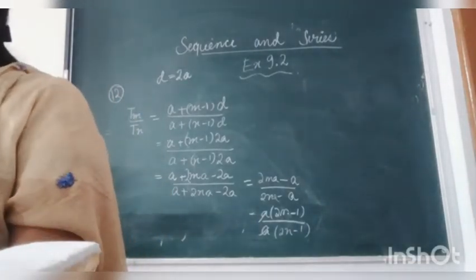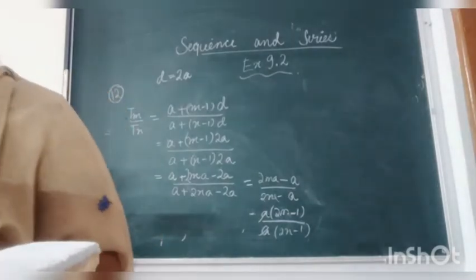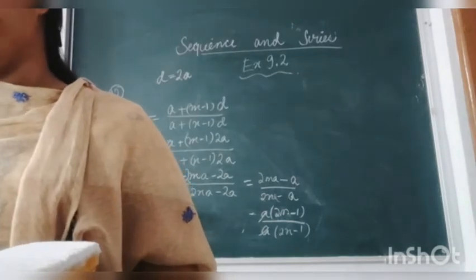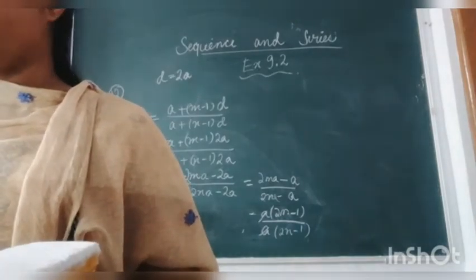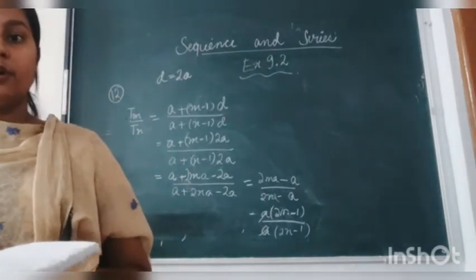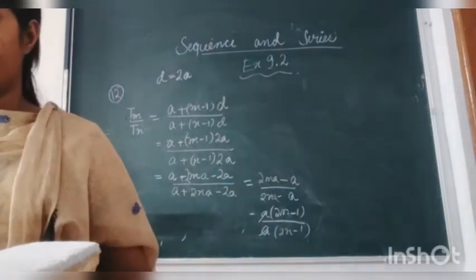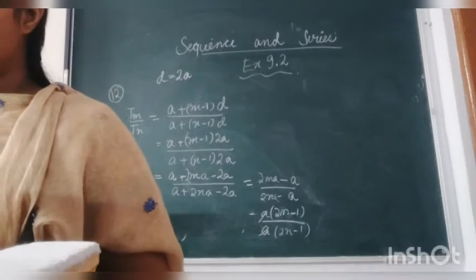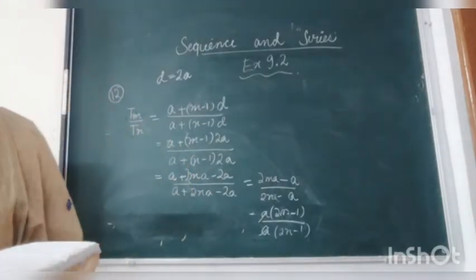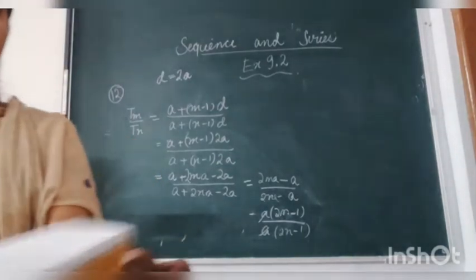Similarly, we have question number 13. If the sum of n terms of an AP is 3n square plus 5n and its mth term is 164, what is the value of m? So what we have to do, we only have to put the formula there, simplify it, and the question will be easily solved. Similarly, we have 18 questions in this exercise of this chapter. So you are going to solve all of them. If you do not understand them, then you can ask those questions.